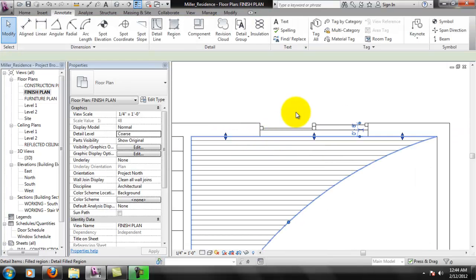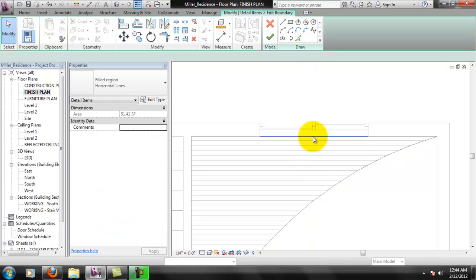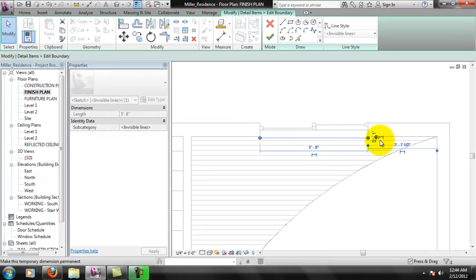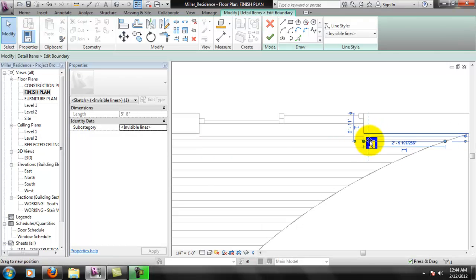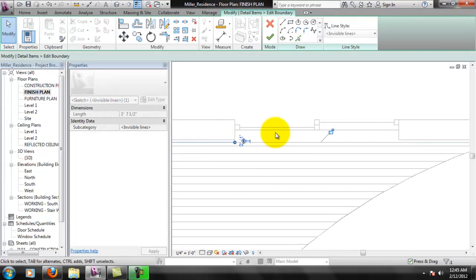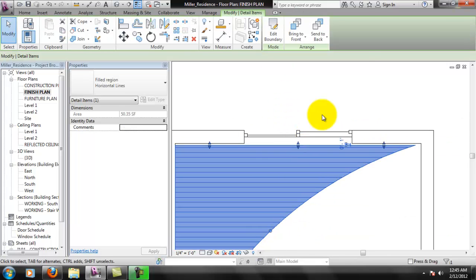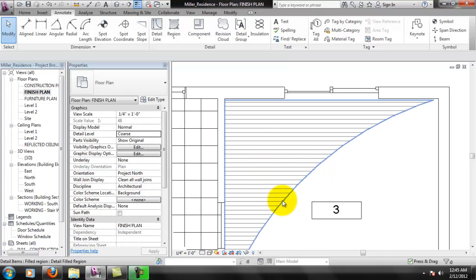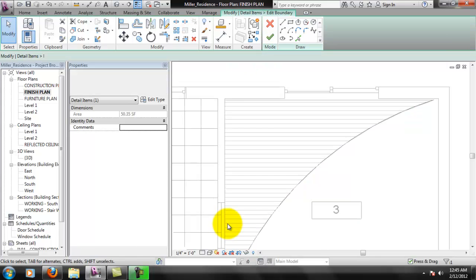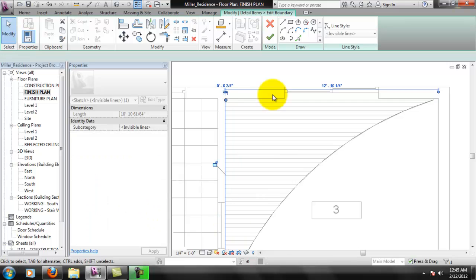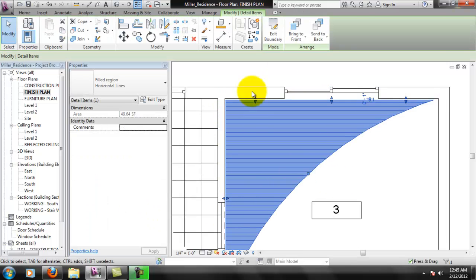There's always an option as well. That way you at least